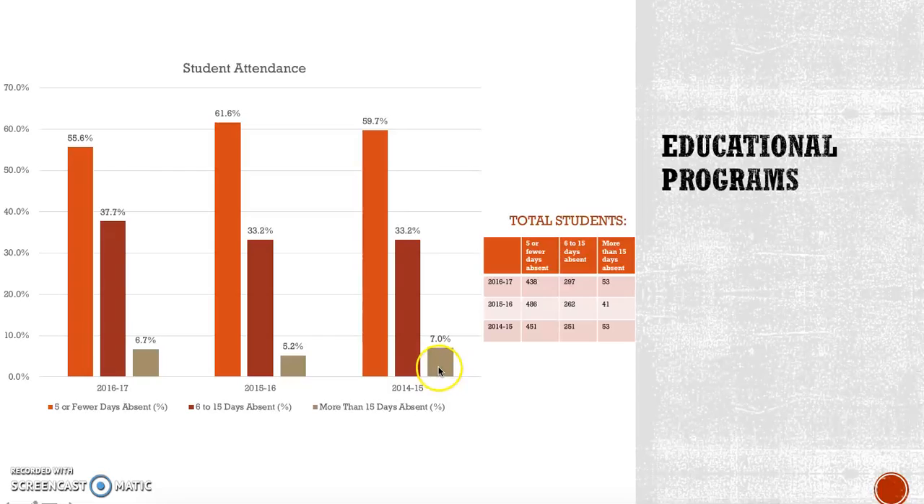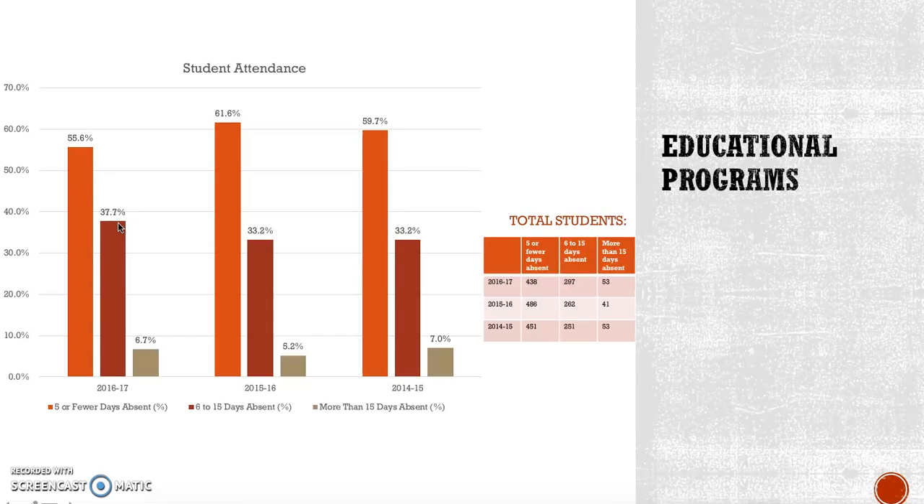As we look at student attendance, for students with more than 15 days absent over the span of 3 years, we start at 7%, decreasing to 5.2%, and then increasing to 6.7%. So not a high population of students have more than 15 days absent. We do have a relatively high number of students who have 6 to 15 days absent, where we have an average of 33.2 here, and then we see an increase of